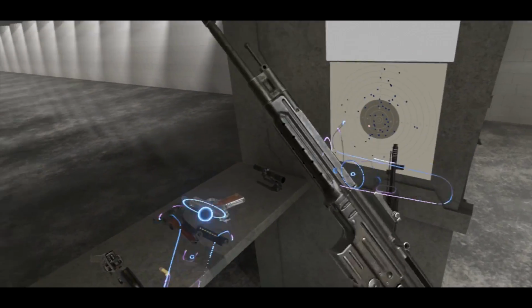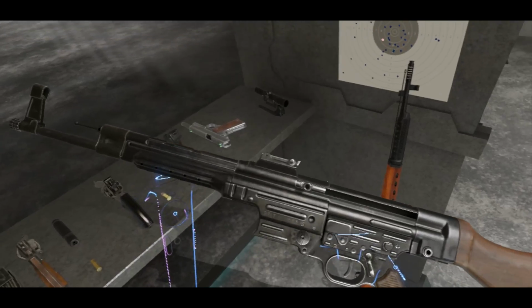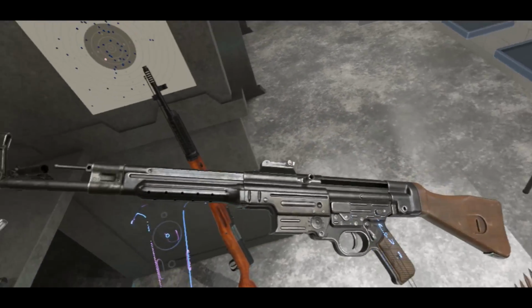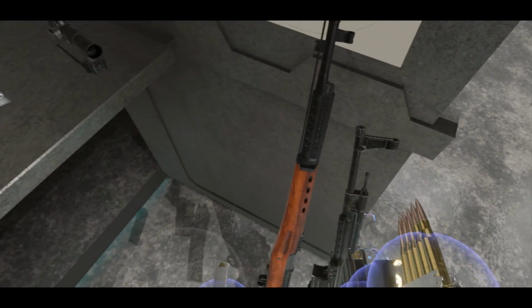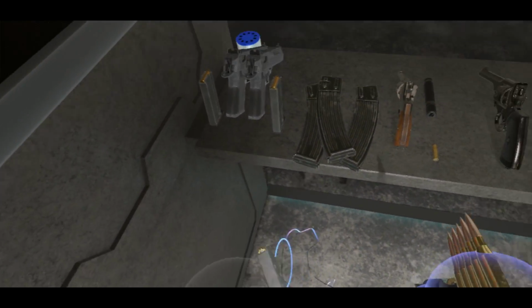So yeah, that one's in there. No other real special features from an interactivity standpoint. It's a closed bolt weapon. But yeah, just an absolute beauty. I adore it. And then the second new toy we have to take a look at,